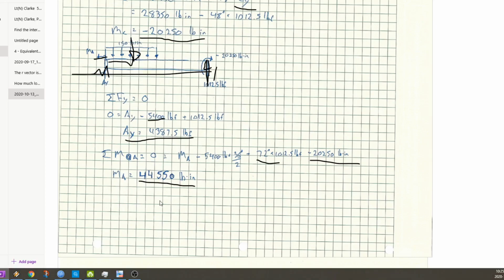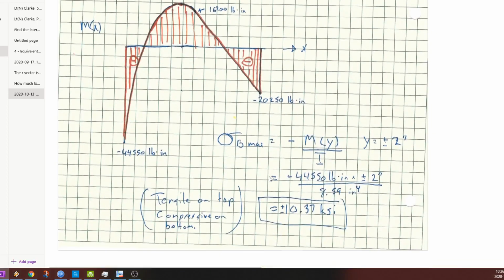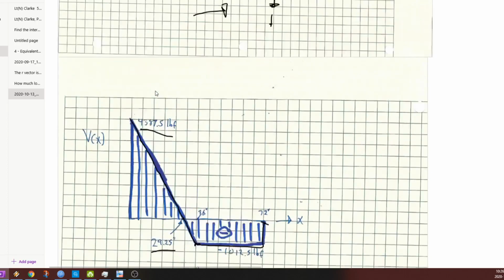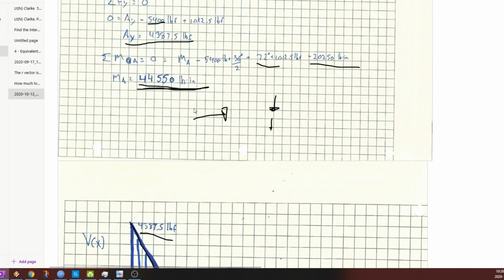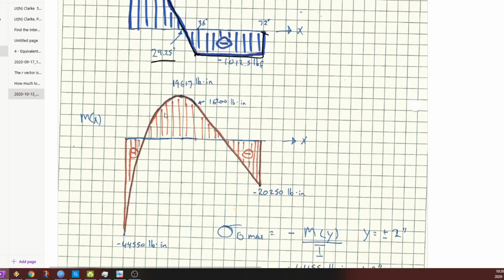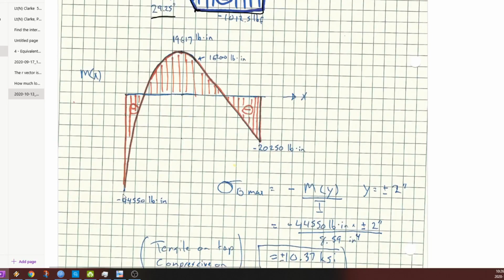So just keeping in mind the way the moment diagrams work is that when you're moving from left to right and you encounter a positive point moment, that causes your moment diagram to drop down. So starting at 0, we immediately encounter a positive moment of 44,550,